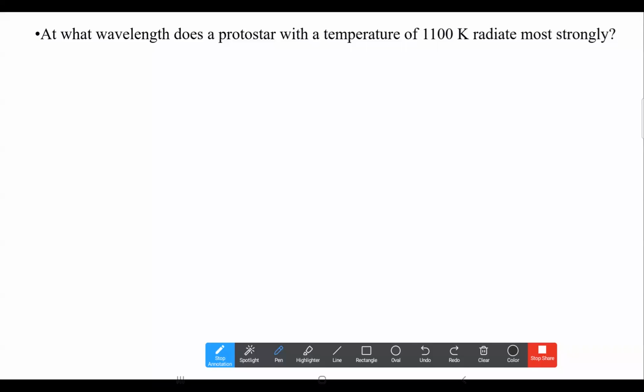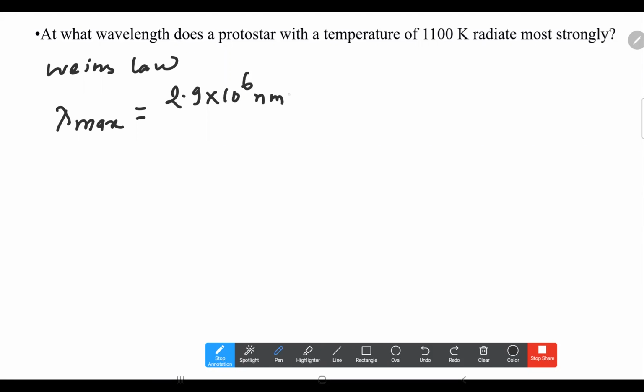In today's lecture, I'm solving a few problems from Wien's law. Wien's law is the relationship between the peak wavelength, denoted by the Greek letter lambda max, which is inversely proportional to temperature. We can write the formula in this form: 2.9 into 10 to the power 6 nanometer Kelvin. While writing this constant, the unit should be nanometer Kelvin,